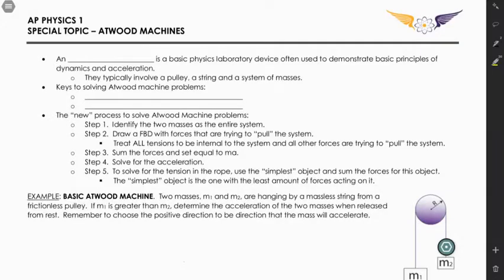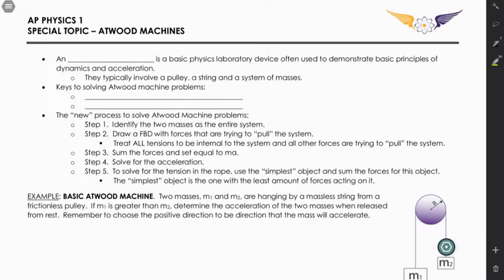Right, so the process that we talked about earlier was really focusing around multiple systems, right? So we drew multiple free body diagrams. We had multiple equations with multiple unknowns, right? This new process, we're going to treat the Atwood machine as a single